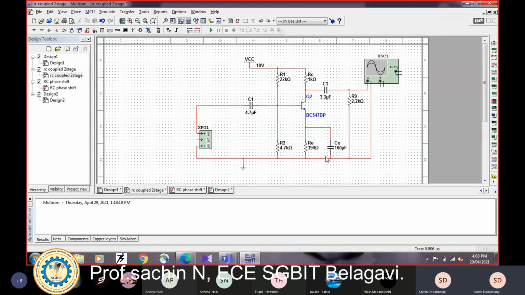See, if I remove this CE, then this RE will bring a negative feedback. You will come to know exactly when I go through the third module, feedback amplifiers, the function of this RE, and what happens when I include or don't include this RE.